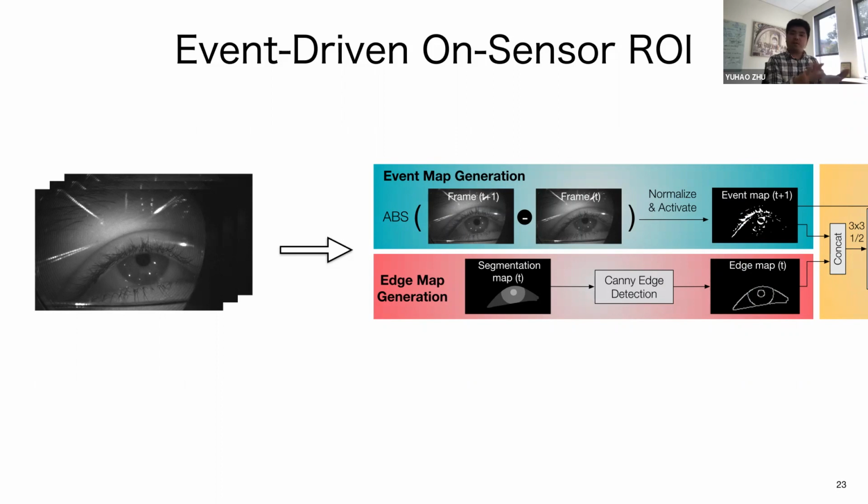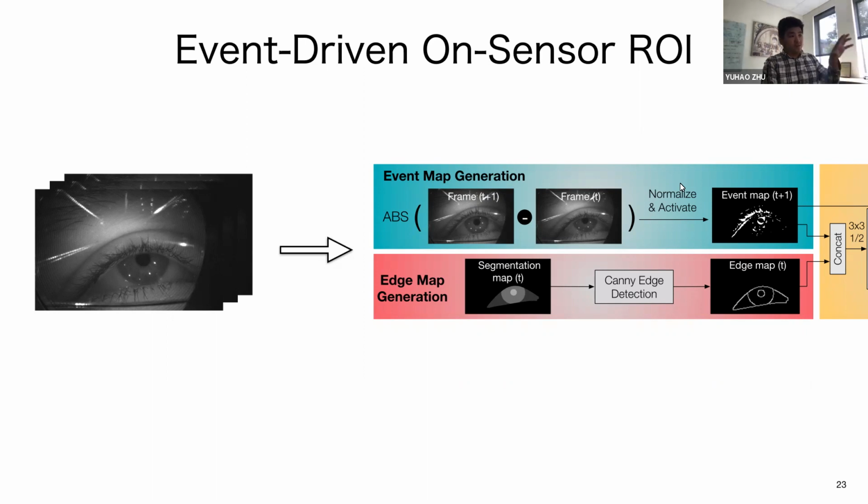And so by comparing two consecutive frames, we're able to get what we call the event map or the activation map, which is what we show here. Now, if you look at the event map, you can see that the ROI information is naturally encoded there, right? The part of the eye that's relevant for gaze is already there. And so essentially the event map is a sort of handcrafted feature that encodes the ROI information from which we can then very easily extract the ROI.